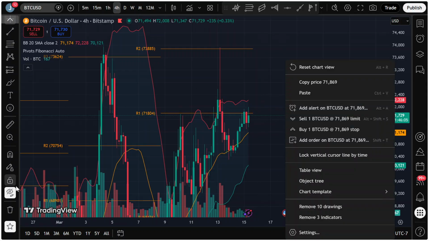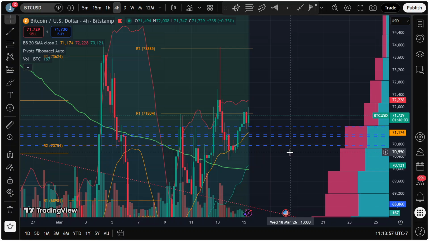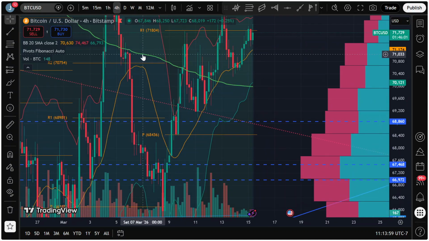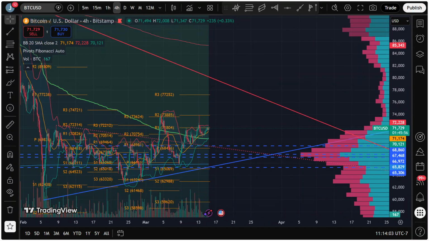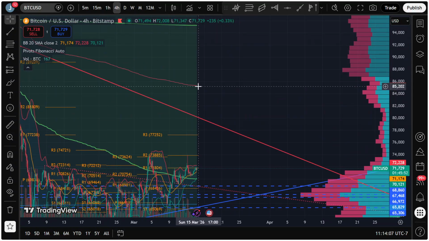So the 4-hour in particular, there's two things that we want to look at. There is this downtrend anchored VWAP, which I've talked about multiple times on this channel before. That is set from the 126 all-time high. The mid-range of that is currently sitting at about 85.4K, and it is my belief personally that that is probably the highest that we're going to see for the rest of the year.